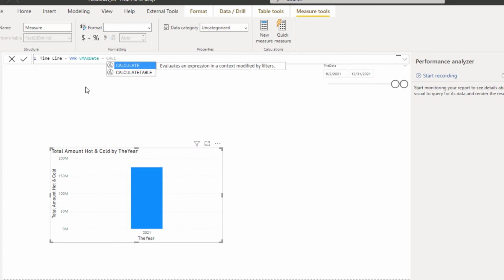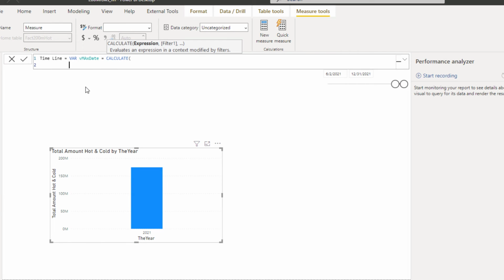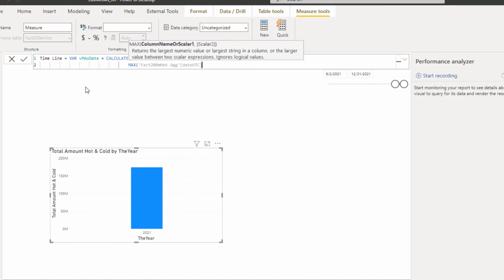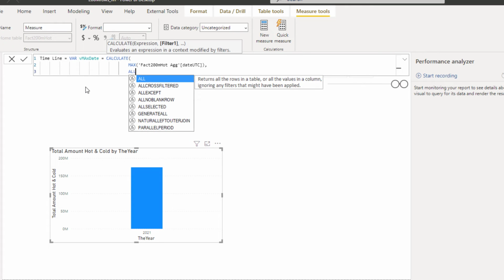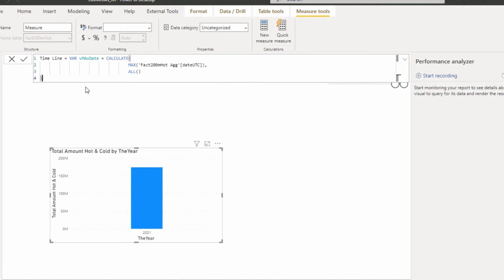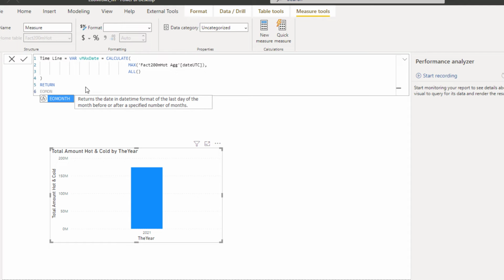We will use calculate function to manipulate the filter context, and I want to retrieve maximum value from date UTC from our aggregated table, and I want to remove all the filters from this column, and I want to return, watch out now, so I will use exactly the same end of month function,